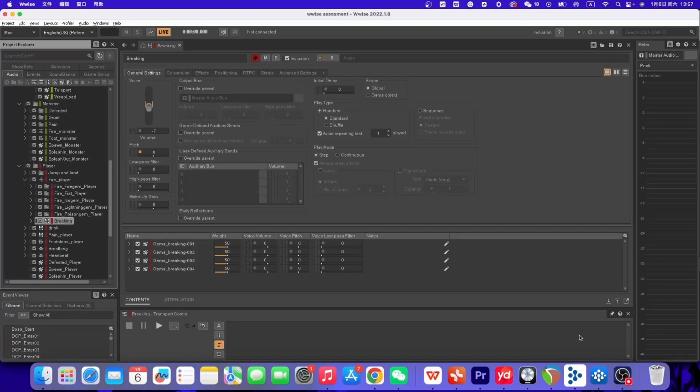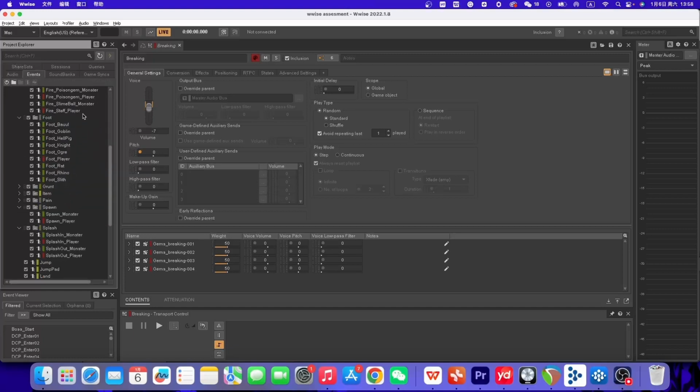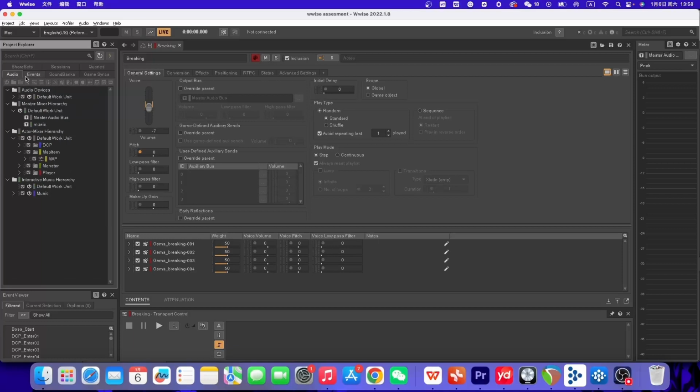So now let's go back to the project. Basically I follow the way we used in class to make my own project, because I think it's efficient, clear and easy to make. As you can see, I use different colors to distinguish the different items. For example, all the players' sounds are red, monsters are green, and music is purple. And in the events, I also use the same color to connect the events and audio, so I can clearly know which event this audio belongs to. So it is easier to